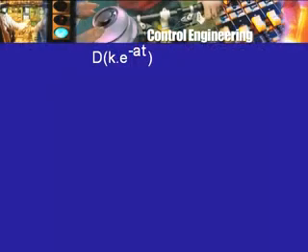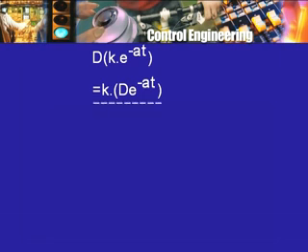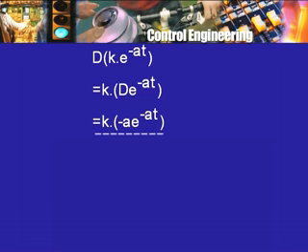Therefore, D acting on k times e to the minus at is simply k multiplying D acting on e raised to minus at. But D acting on e raised to minus at is in turn minus a times e raised to minus at. So, the derivative of k times e raised to minus at is minus ka e raised to minus at,